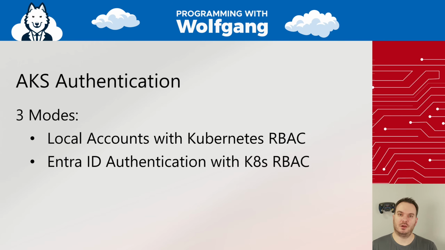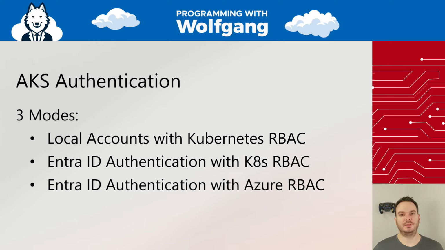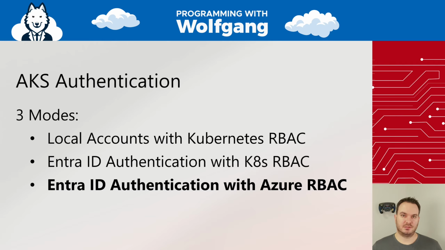Then we have Entra ID authentication with Kubernetes RBAC. That's a hybrid of Entra and Kubernetes. I've never seen it in the past and I don't see a reason to use it. And then we have Entra ID authentication with Azure RBAC. This is the best option we have because we can match all the permissions with Azure. This means as an Azure developer, I just use the same tools and same approach as I use for